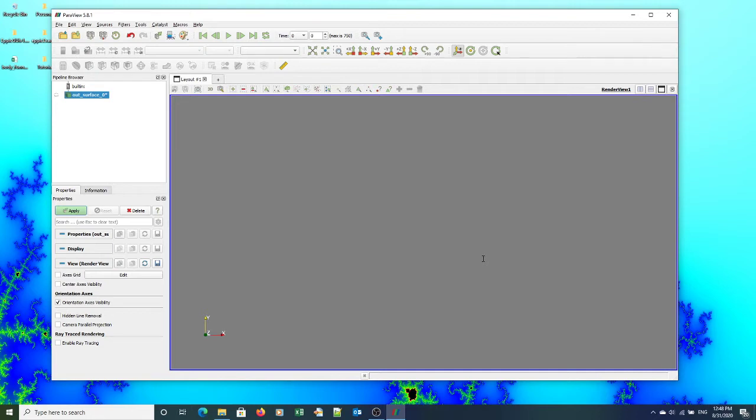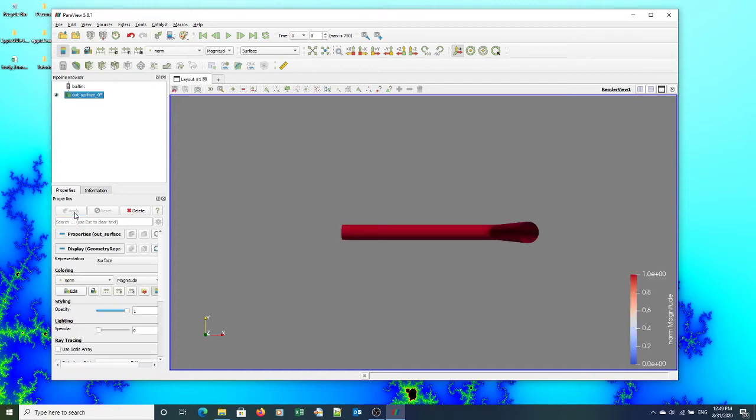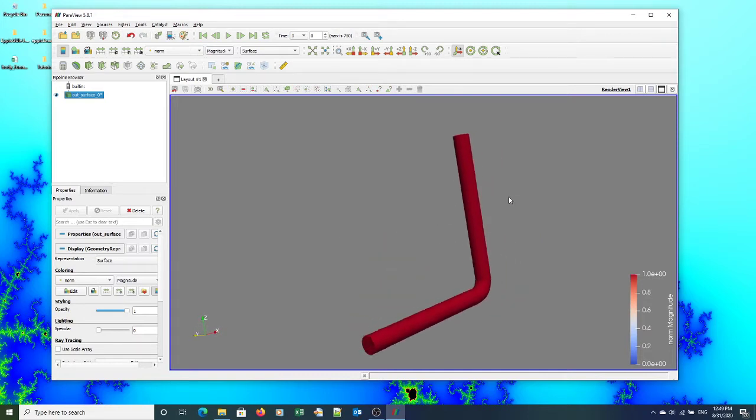You'll notice there that it didn't show all of the individual files, but it just showed the ... to indicate that there's a series of files that are available. So having selected them, I now actually have to hit the apply button. That's something you'll get used to in ParaView, regularly hitting the apply button after you make some other sort of update. So now we can see the pipe geometry, the elbow pipe,